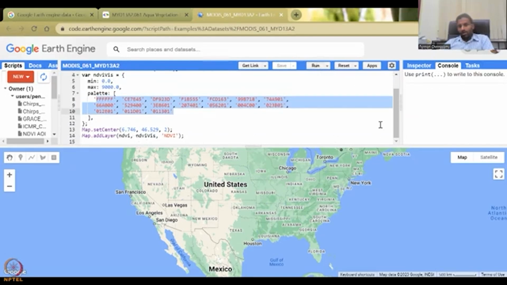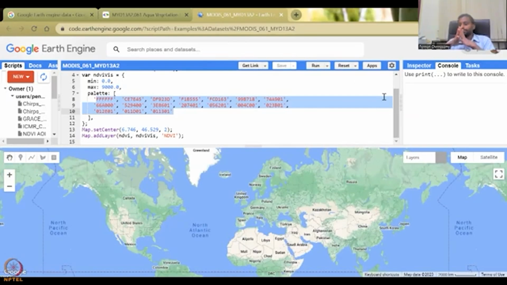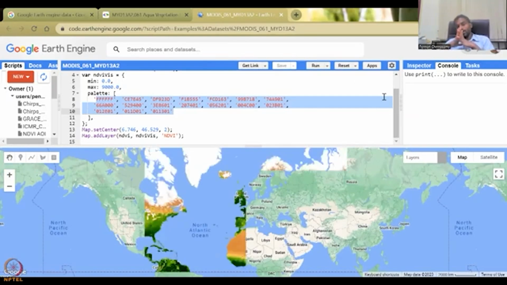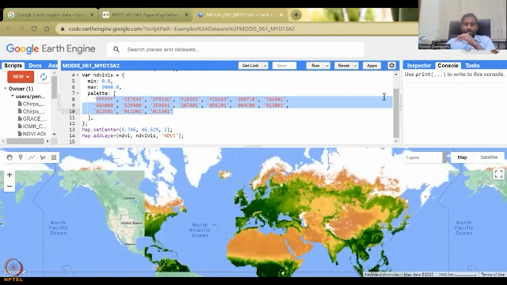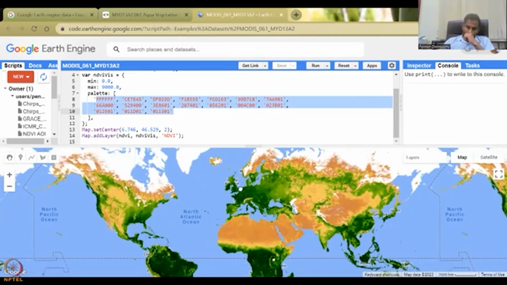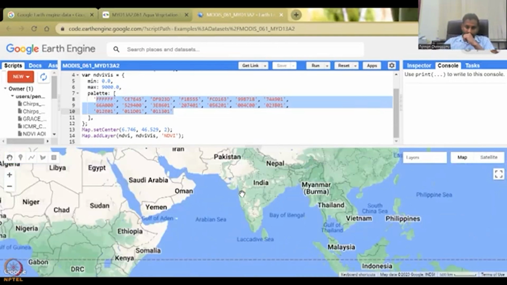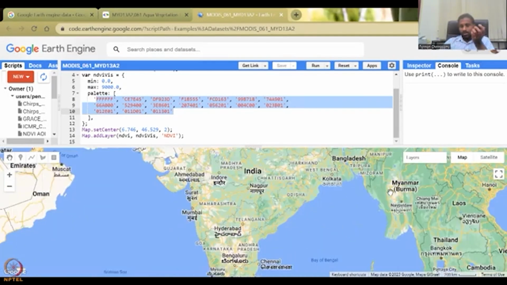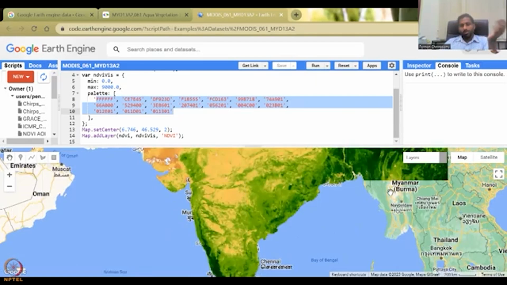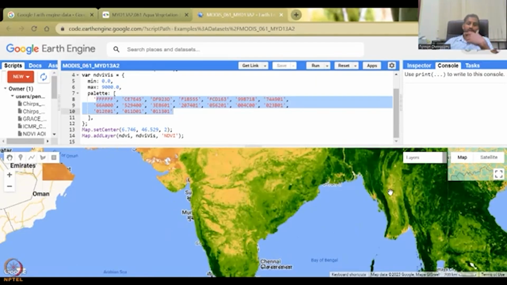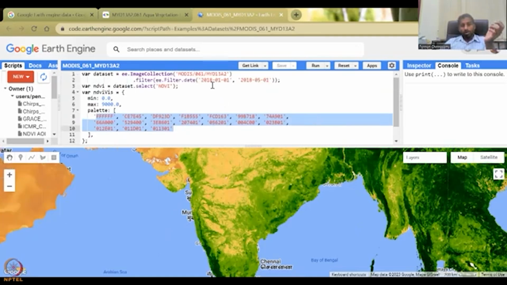So if I just quickly run it, you will see that the entire globe NDVI is being created, and there you are. Within a couple of seconds, based on my internet speed. There's no computing here. It just goes through the supercomputer in Google Earth Engine, and then they give you the NDVI. So here, if you see, this is the month of 1 to 5. Maybe it's an average they have done, but let's do so you see Maharashtra May month is pretty